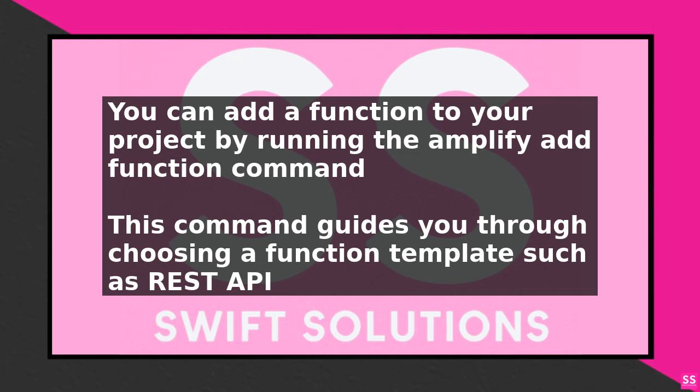A key concept in AWS Amplify function category is the idea of categories, which are used to organize and manage related functions. For example, you might have a category for authentication functions, a category for data storage functions, and so